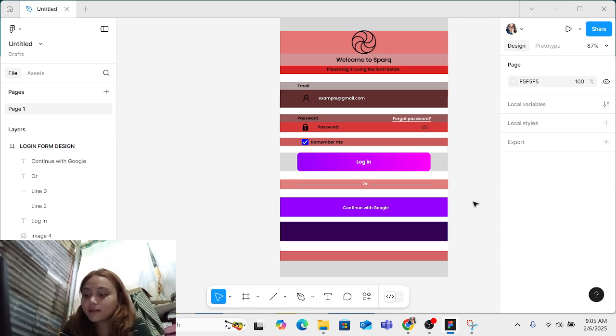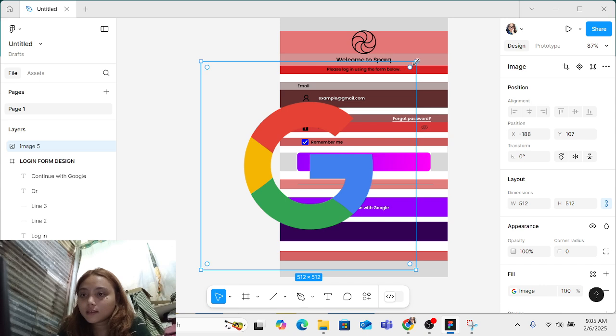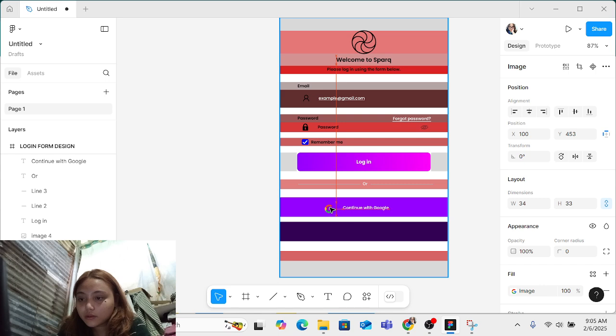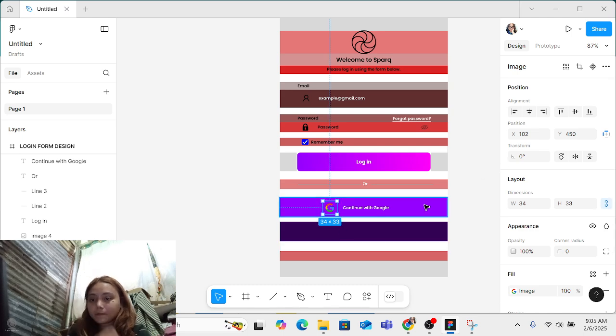Then let's paste the icon, size it to your desired size. I want it something like that. Put it there.